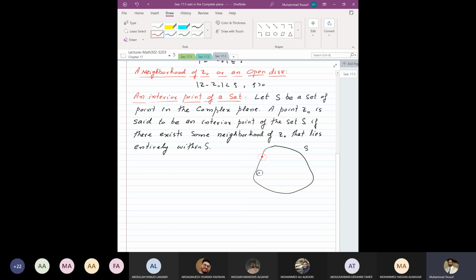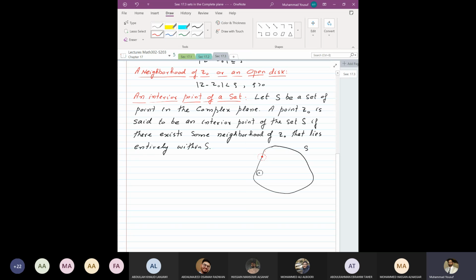So this point, the red color point, is called a boundary point of S. When we say boundary point, if every neighborhood of Z naught contains at least one point from S and one point from outside of S, then it is called a boundary point